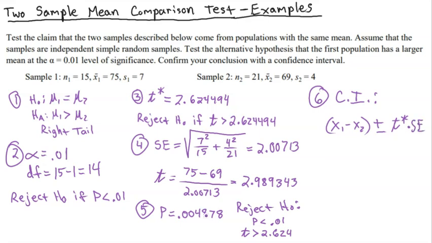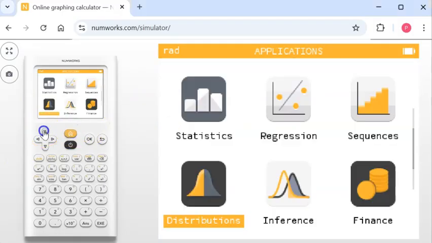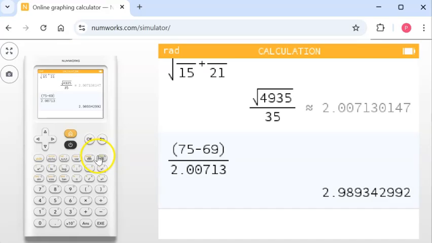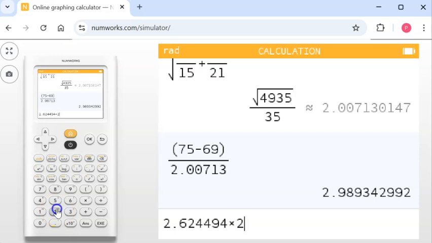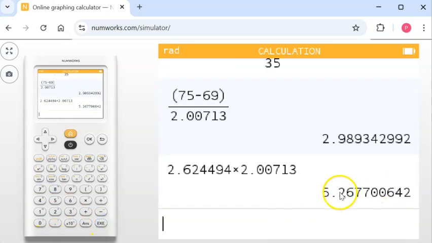Okay, so let's do t star 2.624494 times the standard error, which is 2.00713. All right, so let's go to the calculator here, hit OK, and we're going to do 2.624494. That's the t star times the standard error, which is 2.00713, and our margin of error is